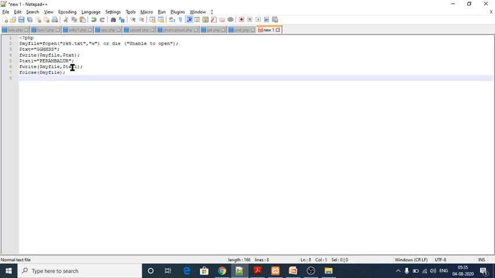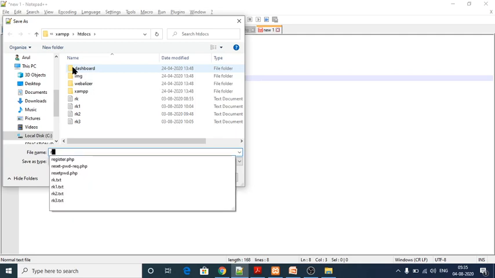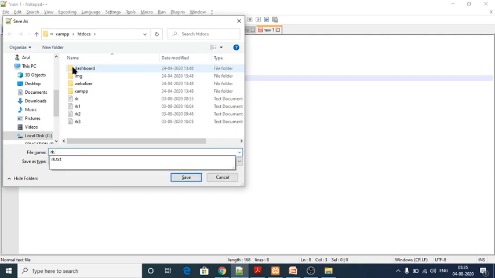So next one is, I'm going to save my program. To save my program I have to give a name called rk4.php.